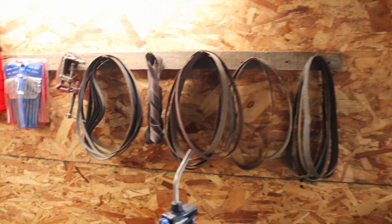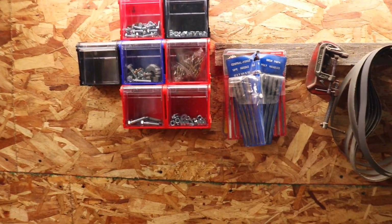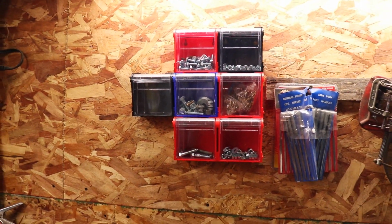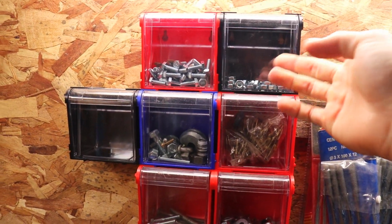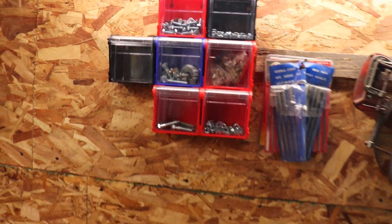Just my sanding belts, storage, C-clamps, metal files, needle files. Bought these for $1 a piece, so it just worked perfect. I use a lot of certain sized nuts and bolts, so perfect storage. Got some